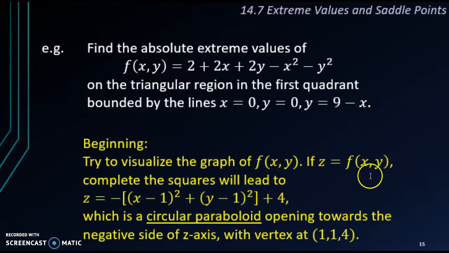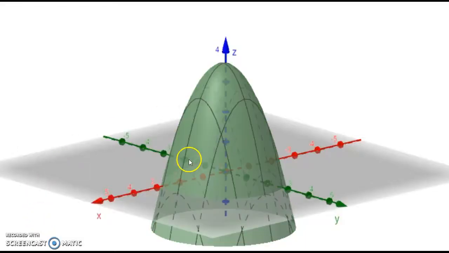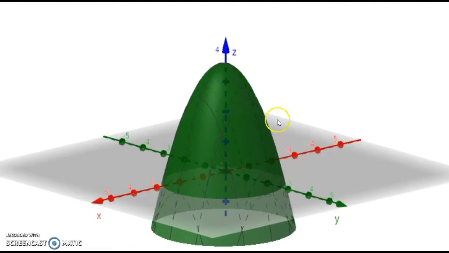By taking z equals f and completing the squares for this function, we get z equals negative of (x minus 1) squared plus (y minus 1) squared, plus 4. This equation gives a circular paraboloid that opens towards the negative side of the z-axis with vertex at (1, 1, 4). Now in the graph, this is how the circular paraboloid looks, and we would like to find the absolute extrema